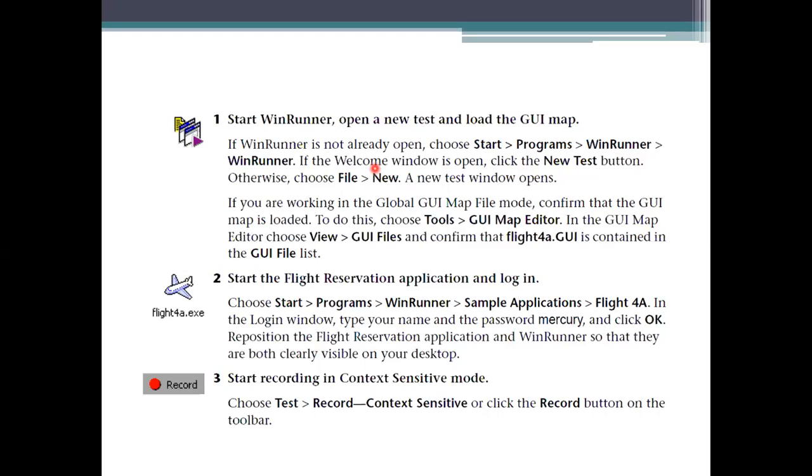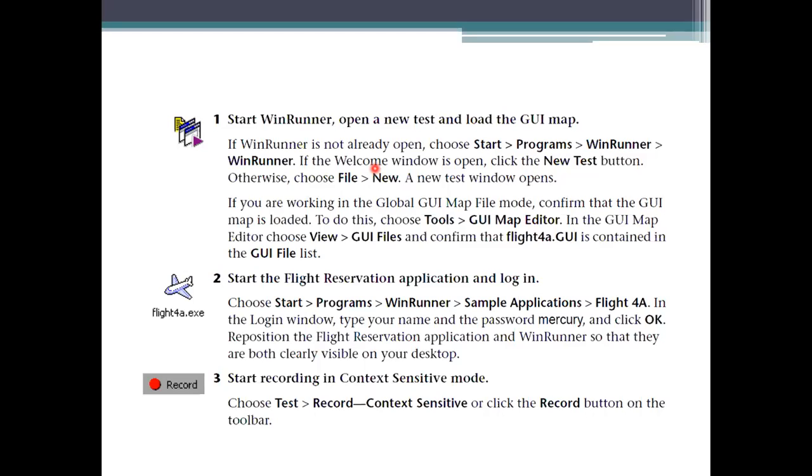To access that one, we need to map up this GUI file mode, which considers the elements, means the signatures it is having there. Okay, so for that we need to access the GUI file list, and we need to select the flight 4a.gui there. So there you have the information about the signature or the elements we are using.